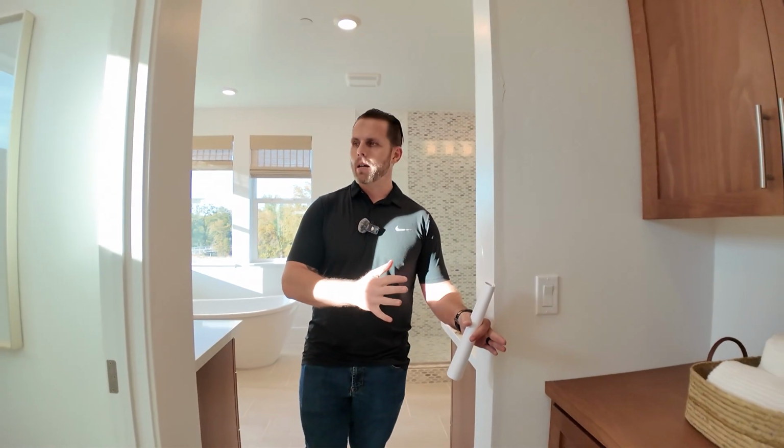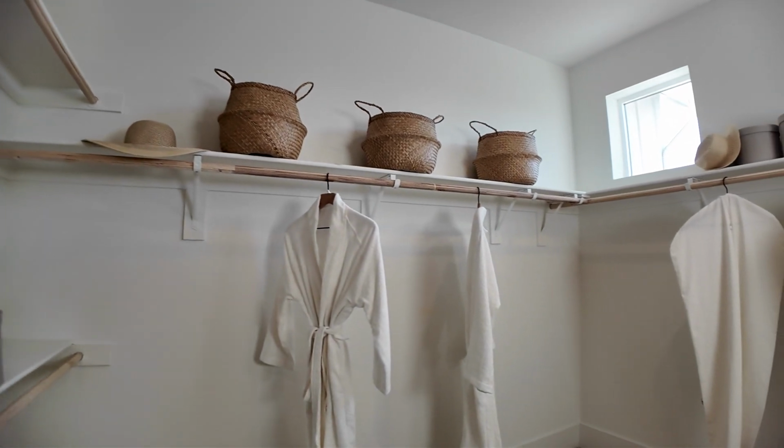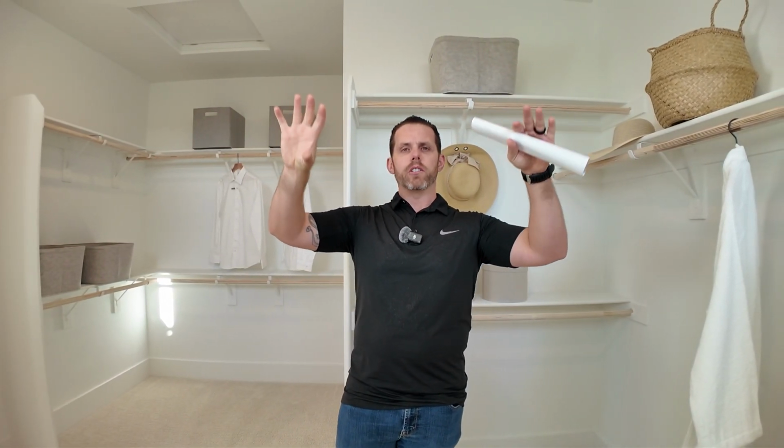Now coming back a little bit further, you're gonna have a nice little linen cabinet right here. You are gonna have the water closet to the other side. And then you're gonna finish off with this massive closet. It's nice because I know for a lot of women, they like to have the natural light in the closet, especially when they're getting ready. So this closet is going to have 2 windows. It's gonna be up higher, so it's not gonna be intrusive, but it is gonna let in a lot of